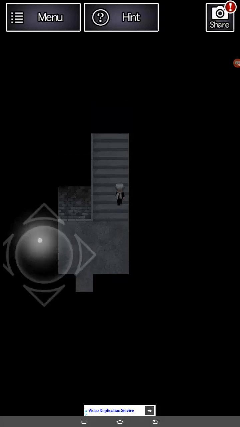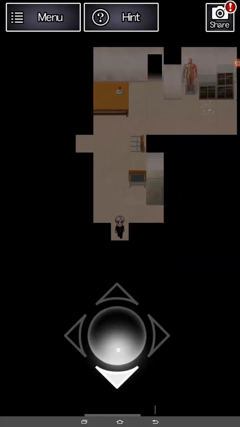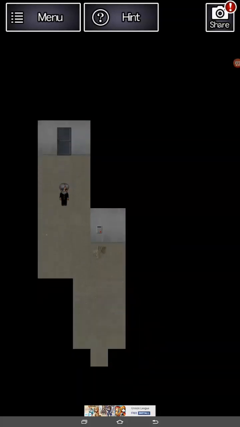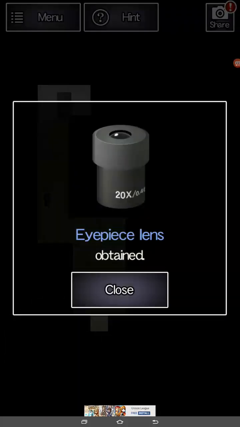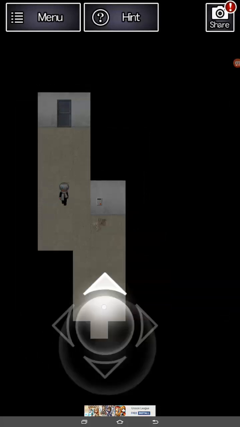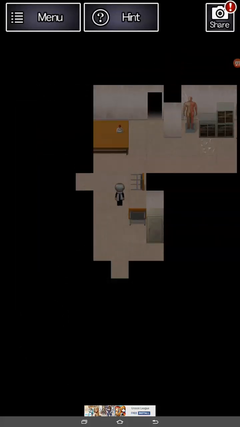All right, I'll cut back to that door we just unlocked. Back in this room, you have to grab this item right here. It's going to be Eyepiece Lens. And this is the part where I got stuck a little bit. It wasn't so much the Eyepiece Lens, but getting the slide, which you have to use